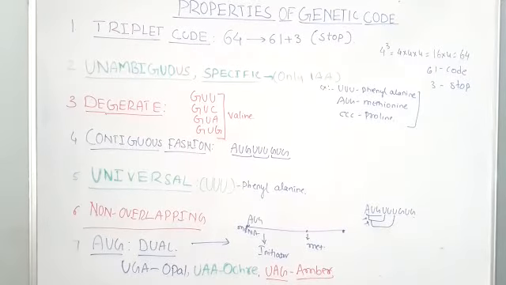Let us see. We have already discussed that genetic code is always a triplet code. Why is it a triplet code? Because the code is present on DNA and the codon is present on the mRNA. Why is the genetic code a triplet code system? Because each codon is made up of 3 nucleotides. You can see here GUU, UAC. Every genetic code is in the form of 3 letters, and 3 letters means 3 nucleotides. Since it is made up of 3 nucleotides, the genetic code is always a triplet code.